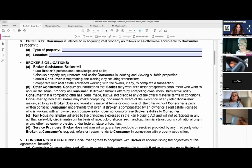Broker's obligations, broker assistance. Broker will use broker's professional knowledge and skills. These are basically just going over what the broker's obligations are. Okay. So consumer negotiating and closing any resulting transaction, cooperate with real estate licensees working with the owner, if any, to complete the transaction. Other consumer understands that brokers may work with other prospective consumers who want to acquire the